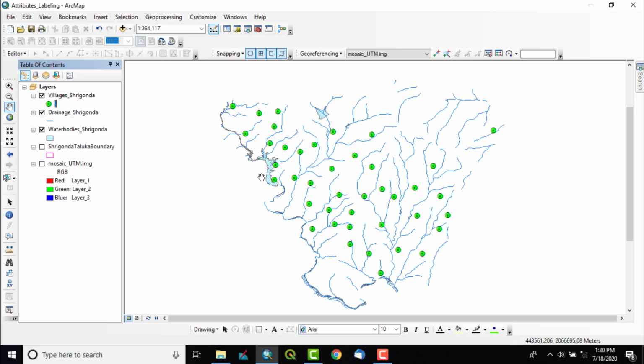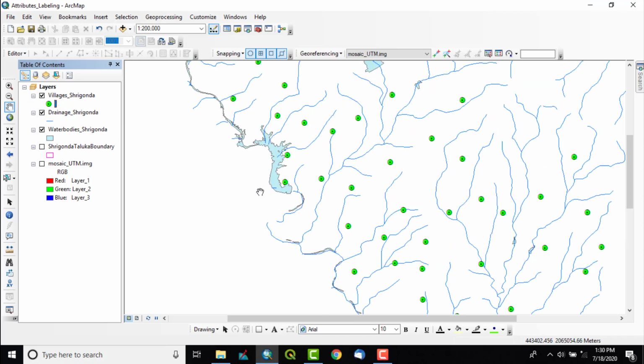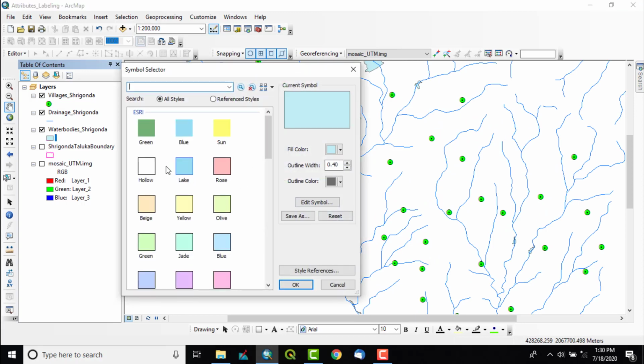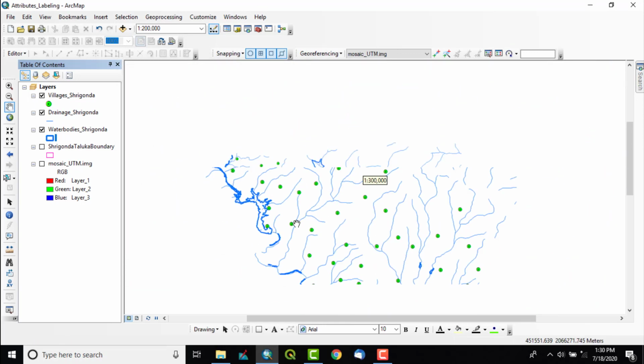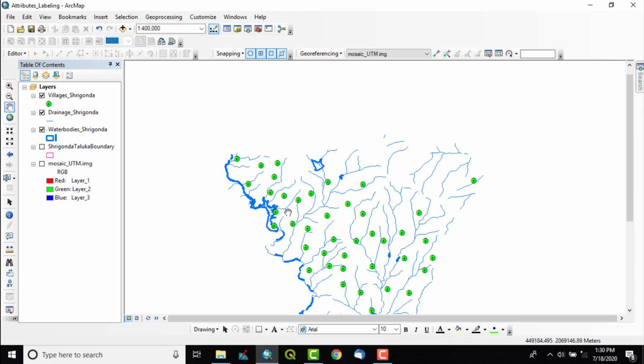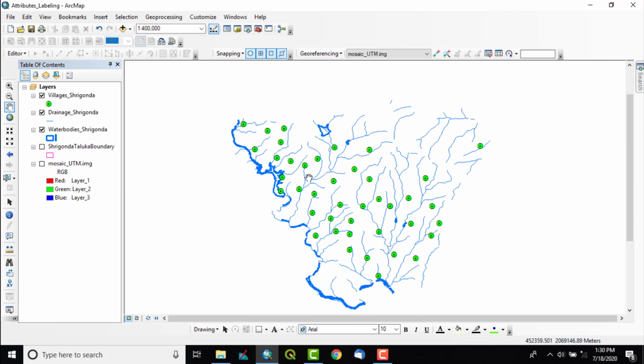So water bodies means dams, lakes, weirs, like this. So all we have digitized here. So those features may have attributes like name of the dam or weir or lake, then the area covered by that particular dam, then other parameters of the dam like perimeter and all. So such way we can assign the information of the features we have digitized.